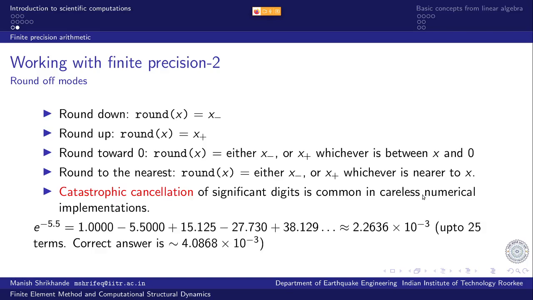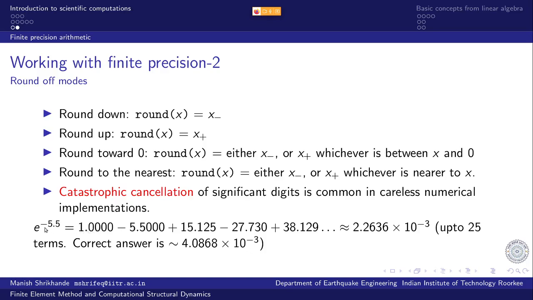So we just use the series form of e raised to the power x. e raised to the power x is given as 1 plus x plus x square by 2 plus x cube by factorial 3 plus x raised to the power 4 by factorial 4, and so on. So that's a series expansion. So pretty simple. I mean, your calculator also does the same thing. All these transcendental functions, all these evaluations are done using series approximations.